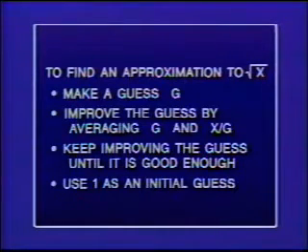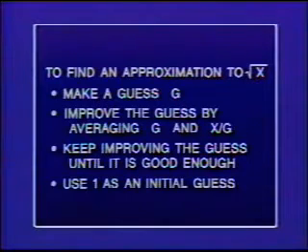I already alluded to the idea. The idea is that if the initial guess that you took was actually equal to the square root of x, then g here would be equal to x over g. So if you hit the square root, averaging them wouldn't change it. If the g that you picked was larger than the square root of x, then x over g will be smaller than the square root of x, so that when you average g and x over g, you get something in between. Right? So if you pick a g that's too small, your answer will be too large.